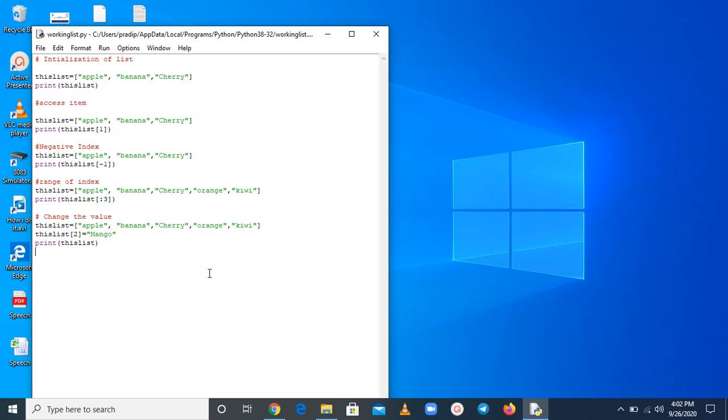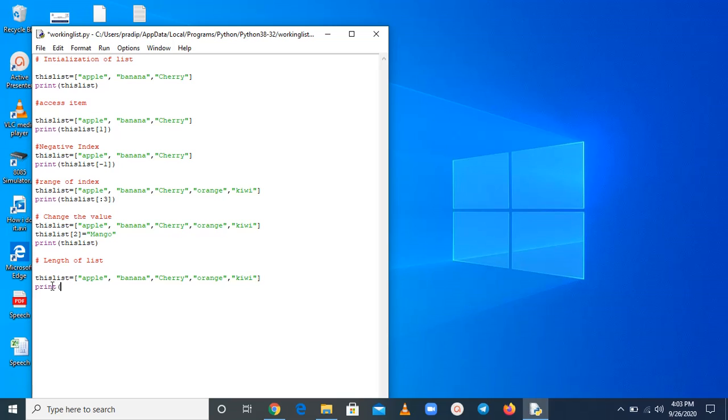Now talking about length, it's also very important, length of list. We have already discussed the len function, so you only have to use the len function here. So how can you do this?